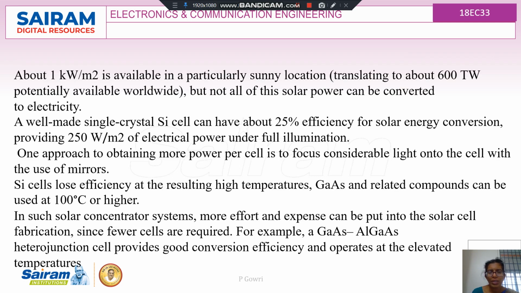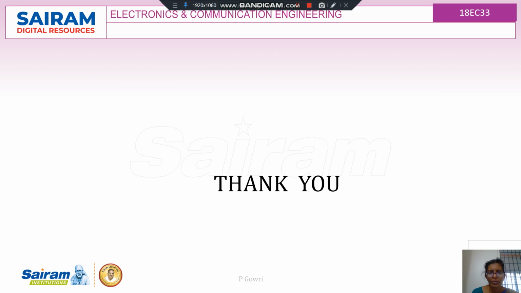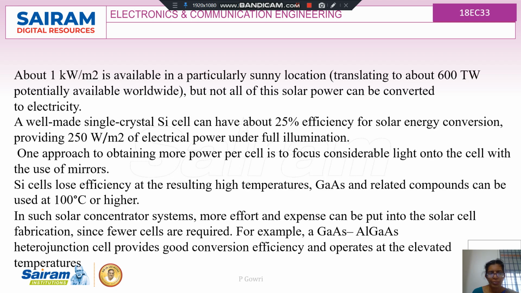So to reduce the loss or to improve the efficiency of the device, we have multiple layers in the device, that is called heterojunction cells, using gallium arsenide and aluminum gallium arsenide, etc. Here we can also use concentrators to make the light energy fall on the device, and also a well-made silicon crystal can have up to 25%